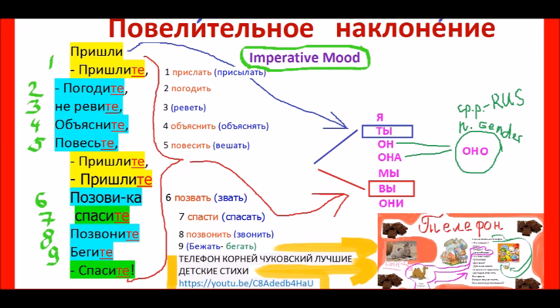погоди немного, for example, hold on a little bit. Не реви, this is quite rude if you say to the child, for example, не реви, or to a woman, to a girl, не реви, don't cry. Объясни мне, informal, explain. Повесь, well, you can say повесь трубку, well, rude will be too, or повесь платье на вешалку, to hang the dress on the hanger. Пришли, again, yellow color, позови свою сестру к телефону, call your sister to the telephone, informal, okay? Спаси,